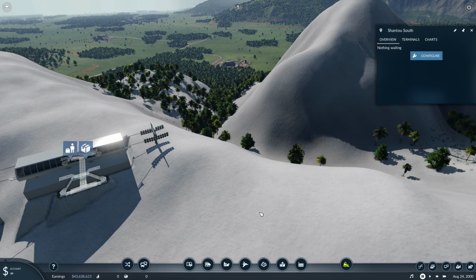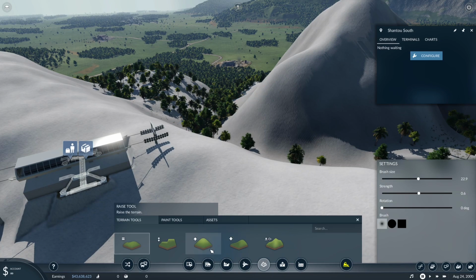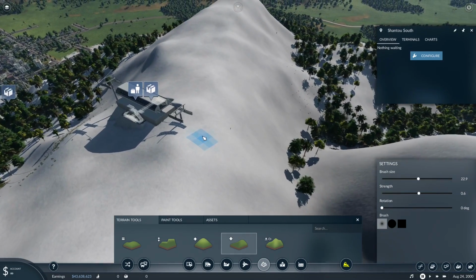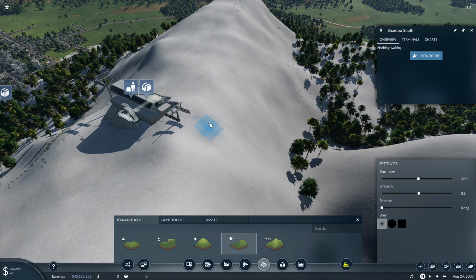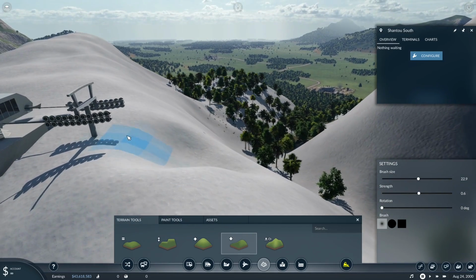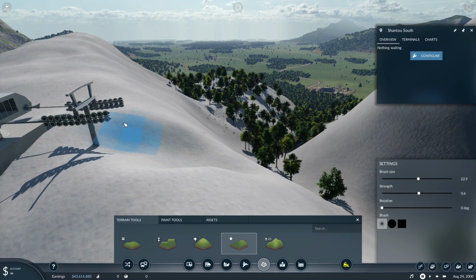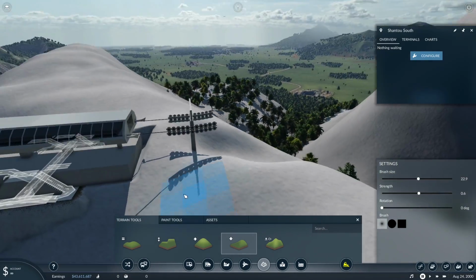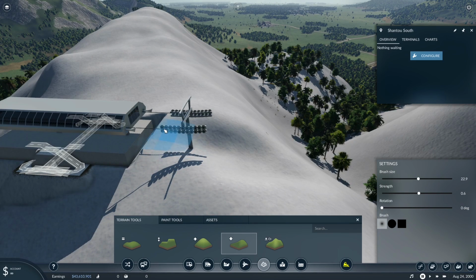So I'd actually have to get out of here, go into the topography, and obviously we're going to be lowering it, using the lower the terrain tool to be able to get around this so it looks right. Now, you just obviously left click a few spots, and we're just going to smooth it off to make it look right, as if it's been purposefully done. And we can do it around the tower as well. That looks about right. Maybe just at the entrance to here,